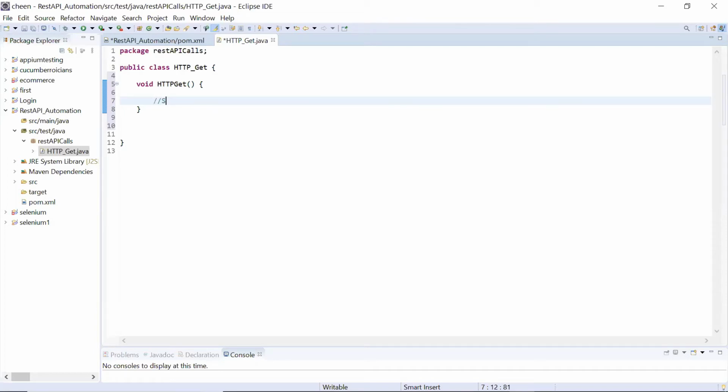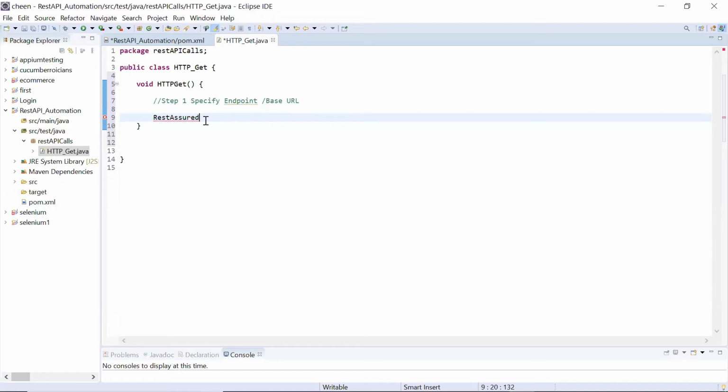So let's say my step number 1 is, I will be specifying the base URI. So specify endpoint URI or base URL. So this is my first step. How I'm going to do it? First, you will write rest assured.